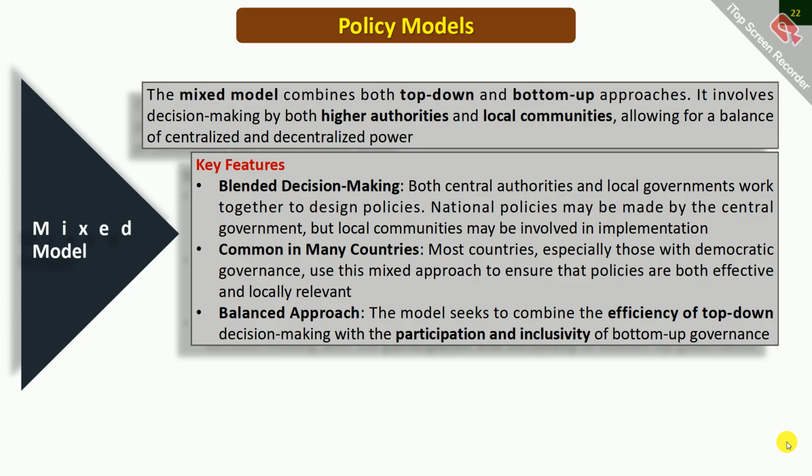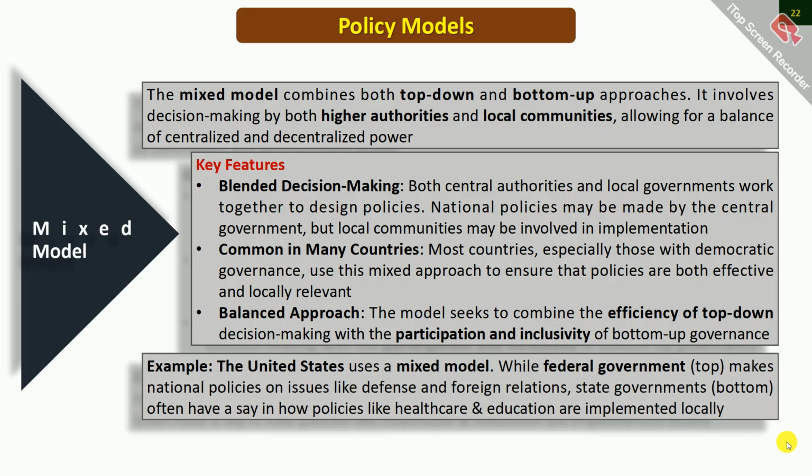These are common in many countries. Most countries, especially those with the democratic governance, use this mixed approach to ensure that policies are both effective and locally relevant. These policies have balanced approach. Because this model seeks to combine the efficiency of top-down decision making with the participation and inclusiveness of the bottom-up approach. We can give an example of the United States, which uses a mixed model, that is, federal government